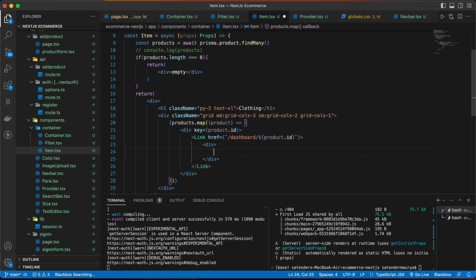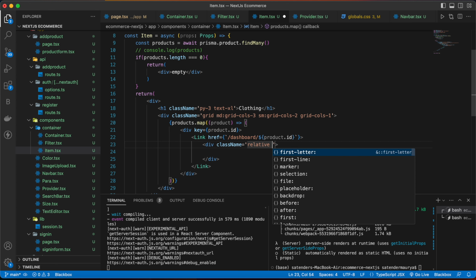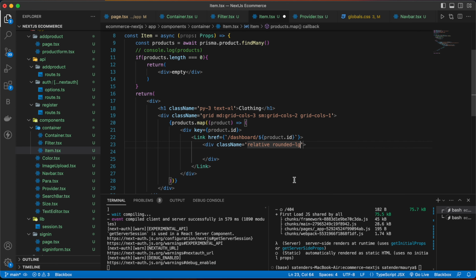Then inside this we are going to have a div with the class name relative rounded-lg, and then we are going to have an image.